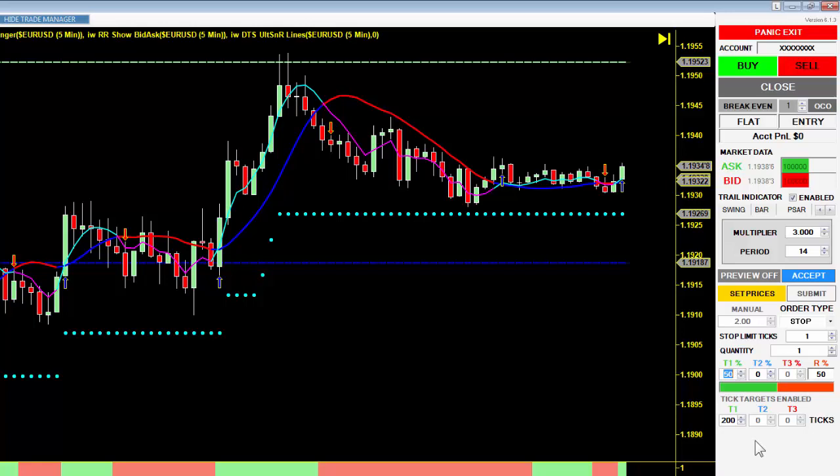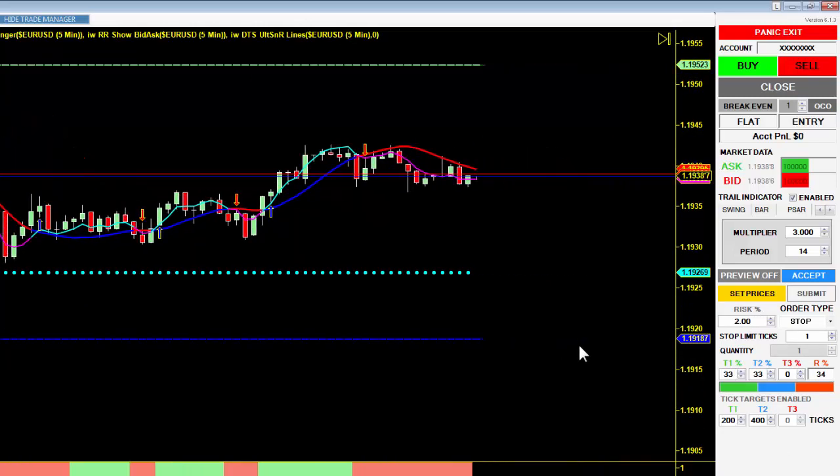So I would set target 1 at 33%, target 2 at 33%, and I would leave the remaining 33% as a runner. I've already got target 1 preset at 200 ticks. Let's say I'll take target 2 at 400 pips, and target 3 of course is a runner, so that stays open. So now if I set up a trade, just to show you quickly how this works,